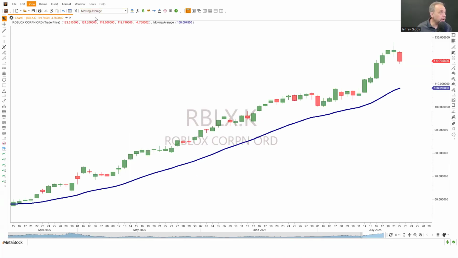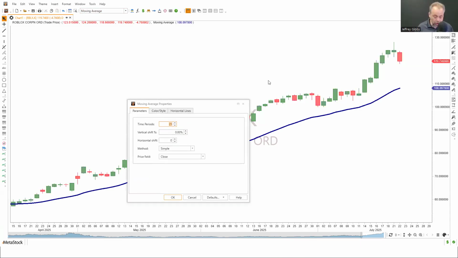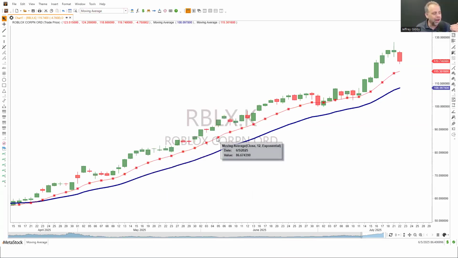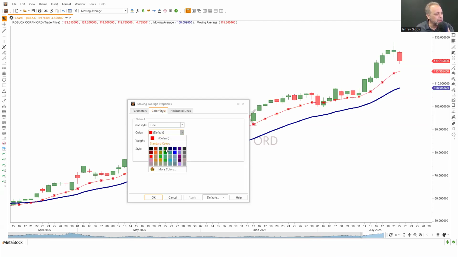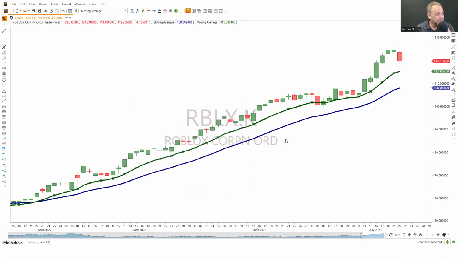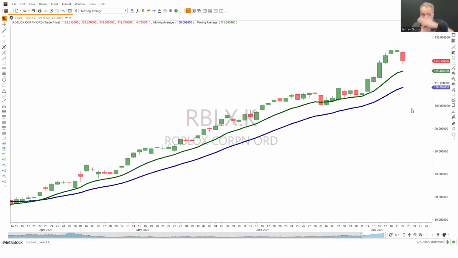I'm going to repeat that process real quick. I'm going to drag it. I'm going to drop it. I'm going to go ahead and put a 12 period exponential moving average. And these are both placed on the close. Okay. I want to make that a little thicker. I want to make sure you can see it. So I'm going to come back in here and just make it a little bit thicker. I'm also going to make it green. Okay. We'll go ahead and apply that. Okay, so there we go. We've got the shorter term moving average and the longer term moving average.